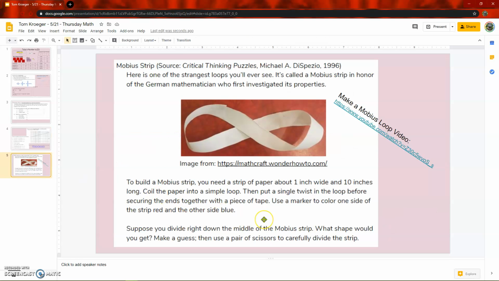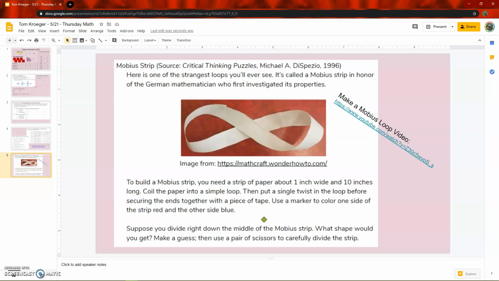All right, and finally, this slide. This one is just more of a fun activity you can do. Do it with your kids, whatever. This is called a Mobius strip. This is an interesting way of doing a strip of paper. If you take a strip of paper and follow the directions there in the paragraphs,